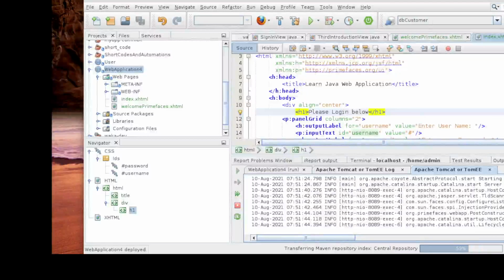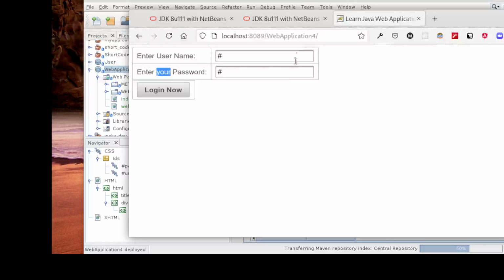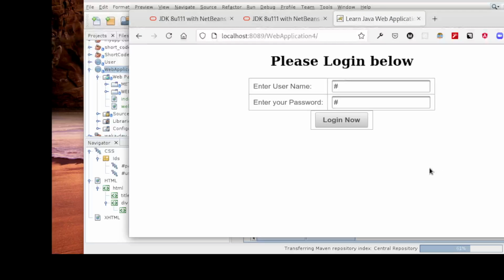Let's again try to refresh our page and see how it looks. Yeah, you can see that everything has been centered. We want to push this down so that we have the fields separately.